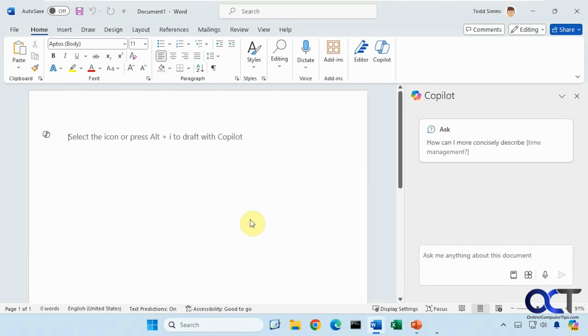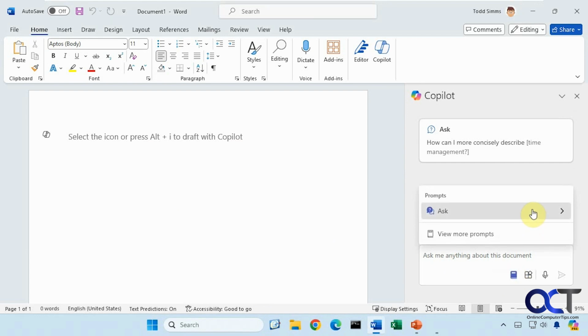Hi, in this video we're going to be talking about the Copilot Labs prompt assistants. So you might have noticed, if you are using Copilot Pro or Copilot for Microsoft 365 and you have the Office integration, that when you have your prompt box down here, you have this icon that says View Prompts. And when you click on it, it has an option here to ask with a couple of suggestions. But if you go to View More Prompts,